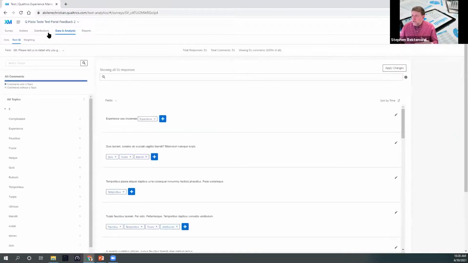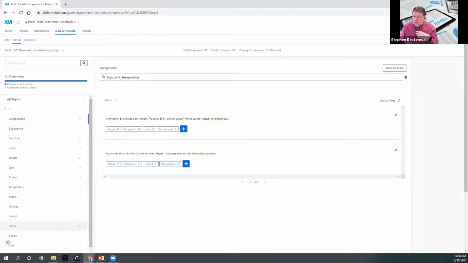I reload it. It'll reload. It may take a moment to redisplay all of your data within there. So if I want, I can look at all topics by selecting there. If I want to look at just the ones after I've coded, to go back and look at more data, I can just click on those over at the side, and it'll pull up the ones that gave me